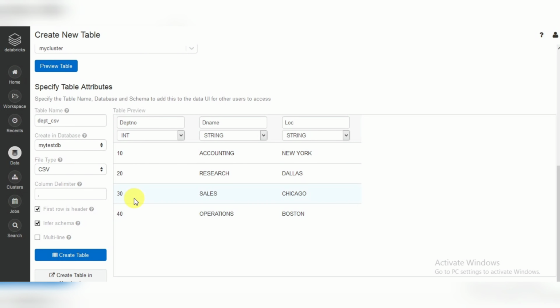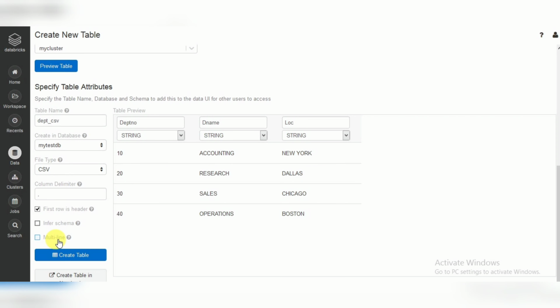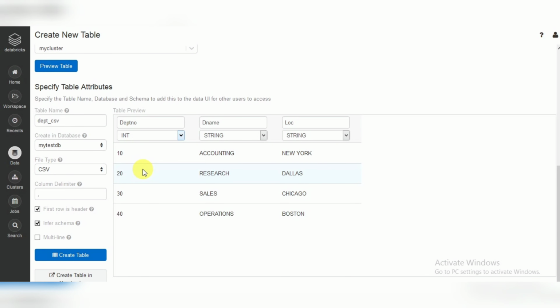So infer schema, whatever the data type is, you can see this int, string, and the multi-line. For JSON, if you remove this infer schema, you can see by default it selects all as string, because it's a CSV file. By default it will consider string data type. If you choose infer schema, based on the data, it will identify the data type. And you can create a table. So it will create a new table in this database,